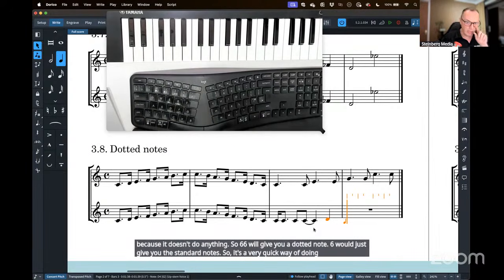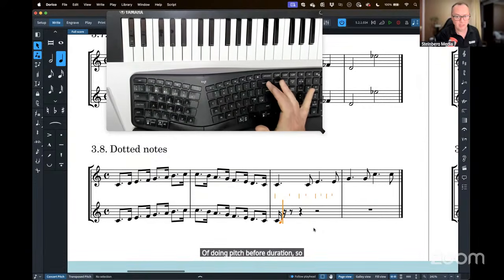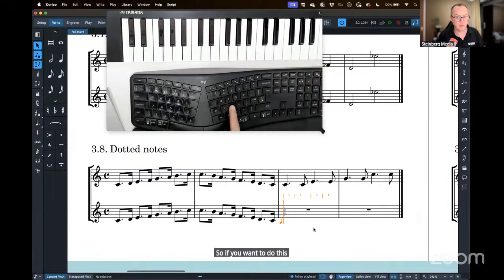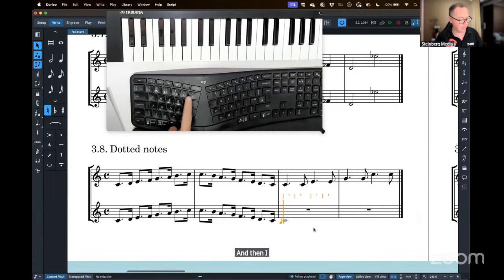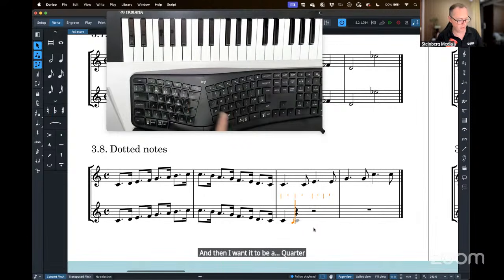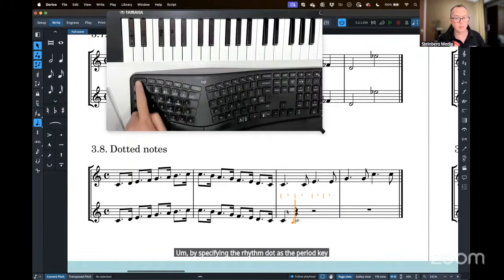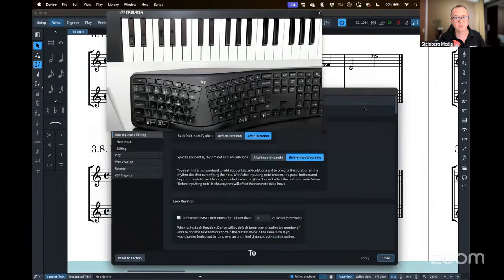Now, you can if you really want to, and if you are using the Finale method of doing pitch before duration, so let me just go back. The problem you have is you can't use the double option. So if you want to do this in the pitch before duration option, and you want to say, I want a C, and then I want it to be a quarter note dotted, then you'll have to do it by specifying the rhythm dot as the period key, and you will probably prefer to have your preferences set to say,